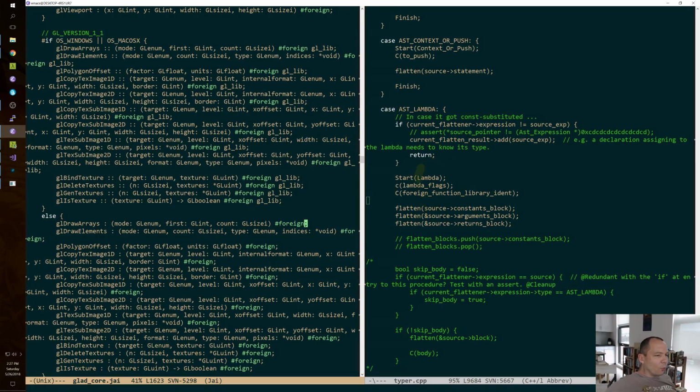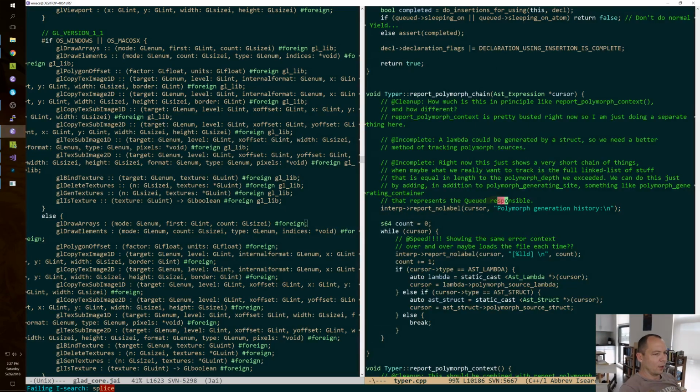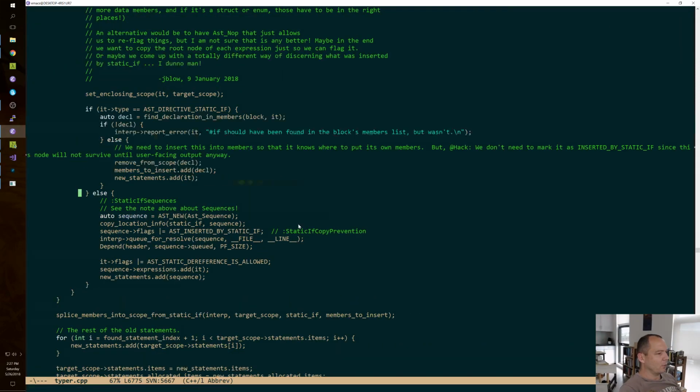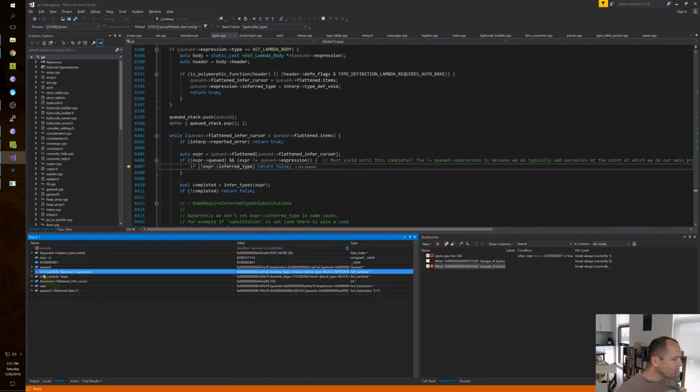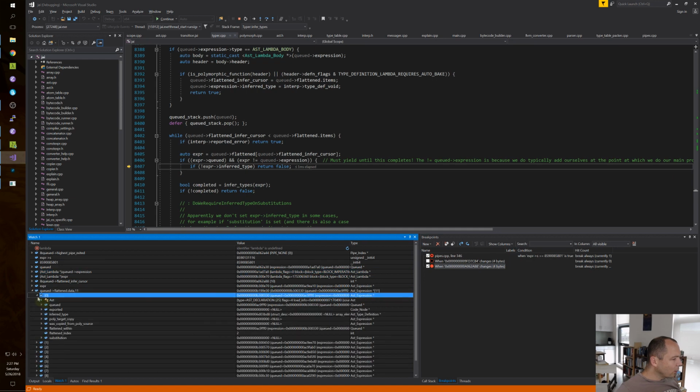Are we just passing the wrong block into the splice? Like, are we splicing? Like, who are these declarations, right? So this one is